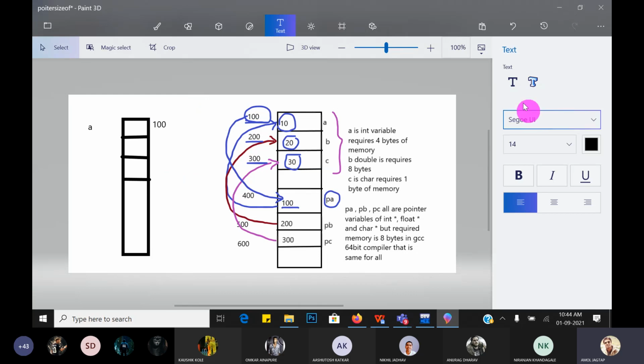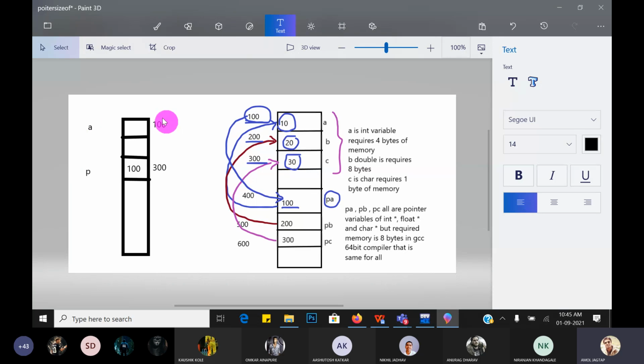Next, which variable is there? P. So P is a pointer variable stored in this address location. And what does it store? It stores an address. So what is the address? 100. That 100 address is stored into the P variable. So now this P variable points to it. And what is the address of P? P has some address. Suppose this address is 300. So P is a pointer type variable having address 300.